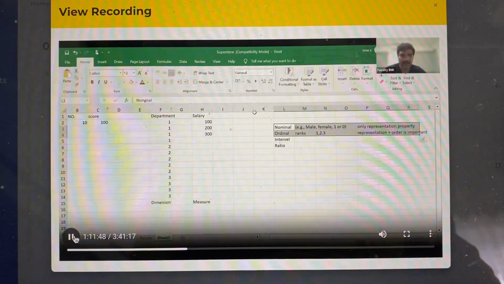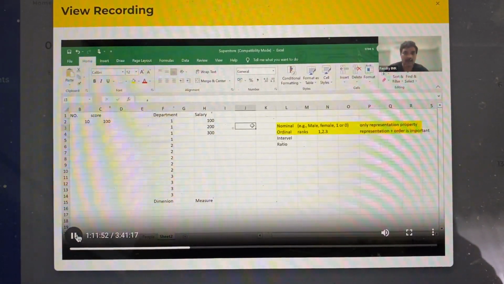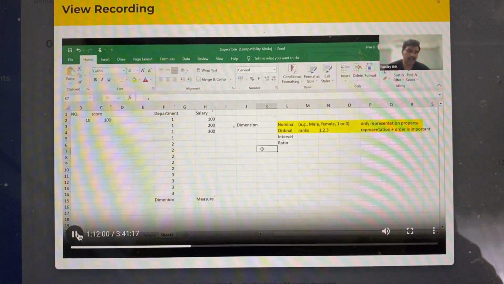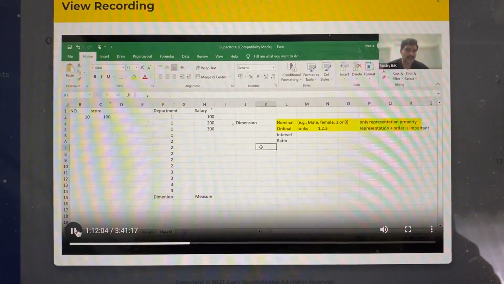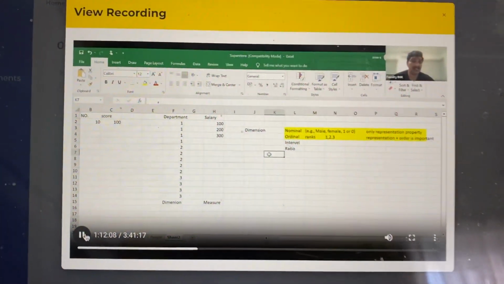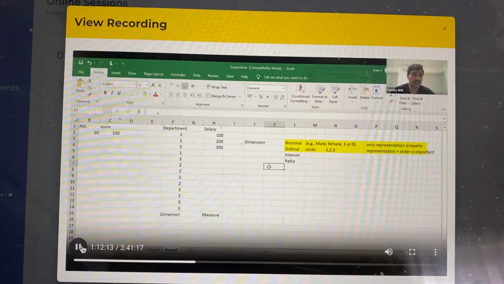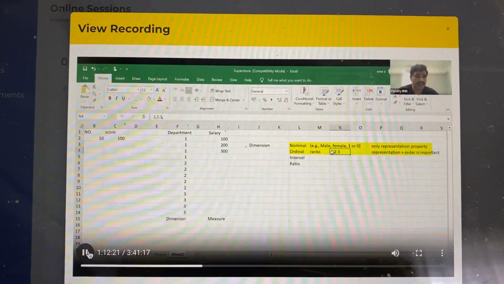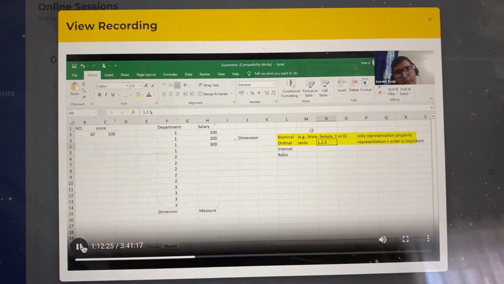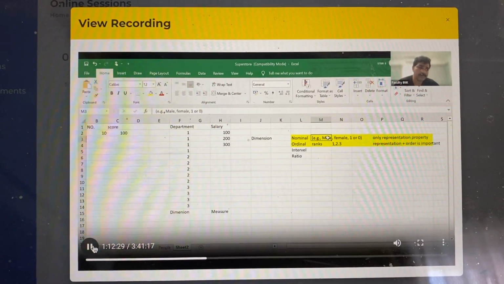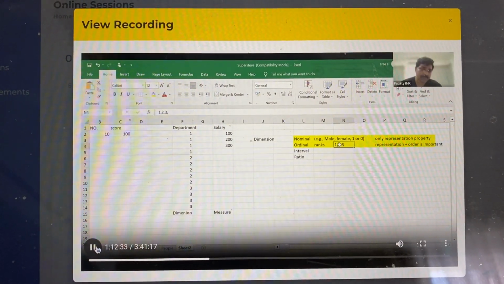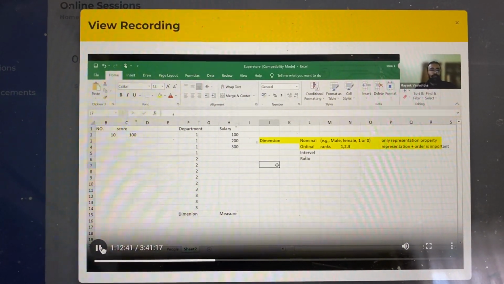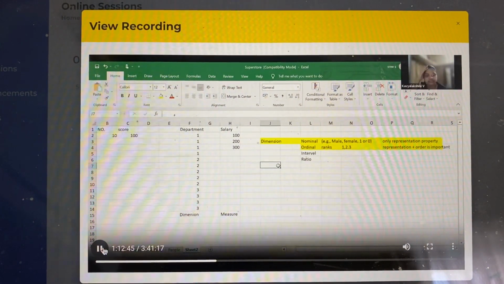Generally, if your column has either of these, Tableau calls it a dimension. It could be nominal or ordinal. Rank is an ordinal one, for example the position attained in a class, 1, 2, 3, 4, 5, or A grade, B grade, C grade, D grade. Rank has two properties: you can use it as a representation, plus order is also important. In the first case, male is 1 and female is 0, and order is not important. In the second case, order is important, so it becomes ordinal. Both are called dimensions.